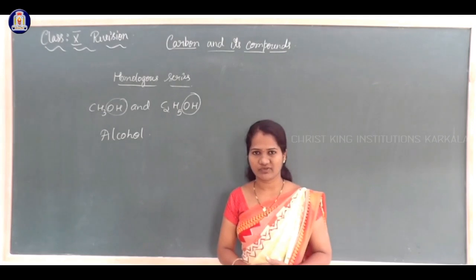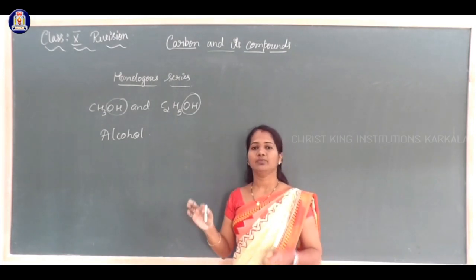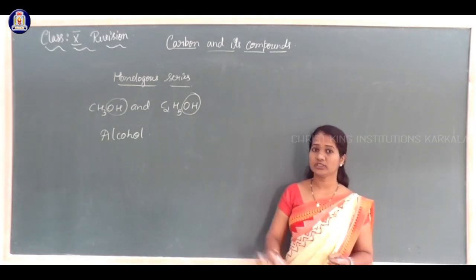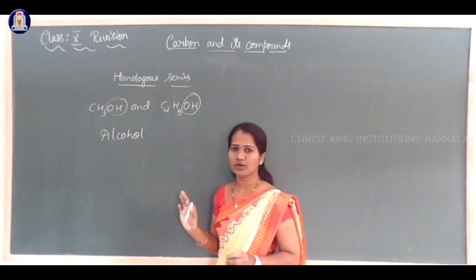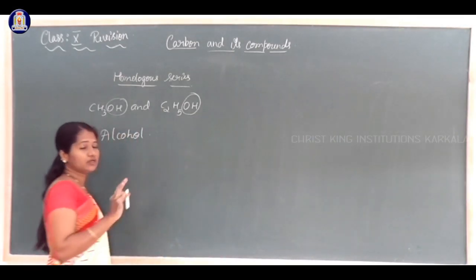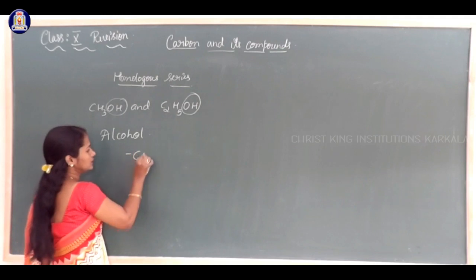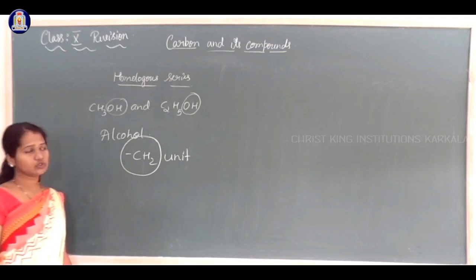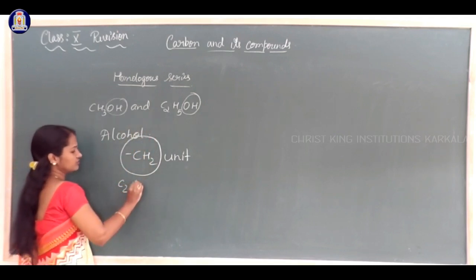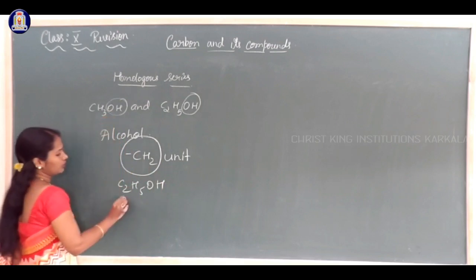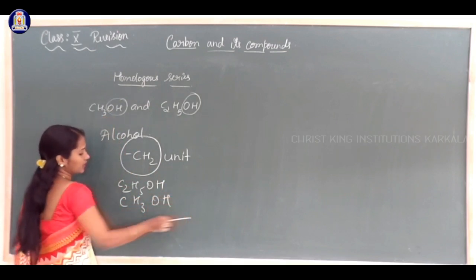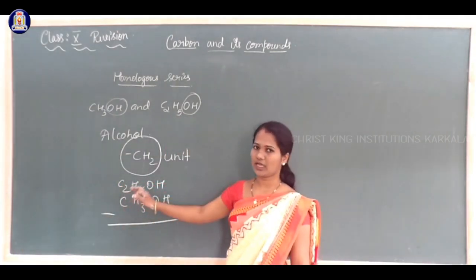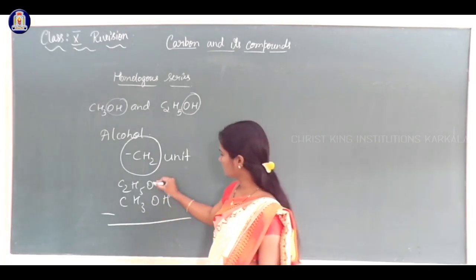How do you give the justification? To say the given pair of compounds form homologous series, you should show their difference. The difference between these compounds should be a CH2 unit. The difference should be CH2. So take the compound C2H5OH, first compound CH3OH. Subtract. You are not subtracting the numbers here. You are subtracting the atoms, carbon and hydrogen. So OH, OH cancelled.